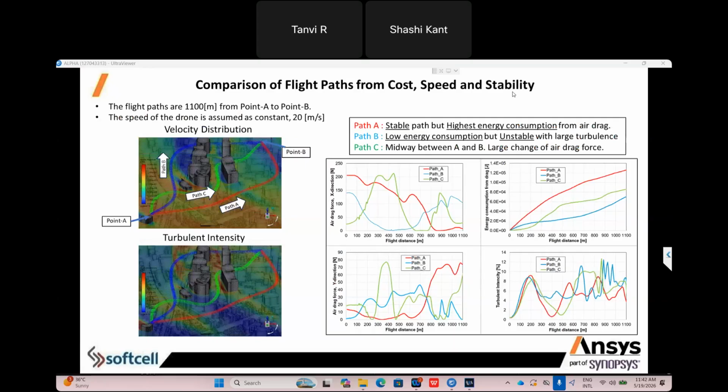And the third one, path C, is midway between A and B, with large changes in air drag forces. The thing is, it requires money in crores to see this response physically. But if you do it this way, you can do it very easily. So the conclusion is path C, which we can understand very easily.